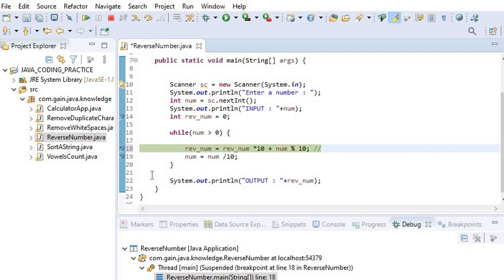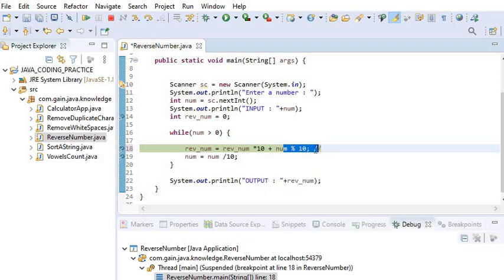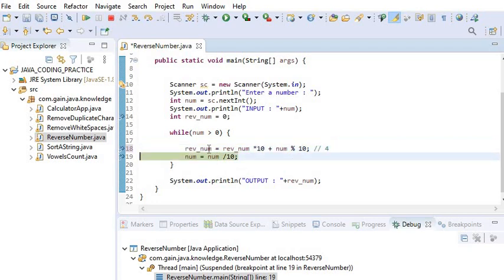Reverse number is 0, so 0 into 10 will be 0, and then I add the remainder. When I do the operation 12345 modulus 10, the remainder will be 5 in the first iteration, and you can check the reverse number value will be 5.